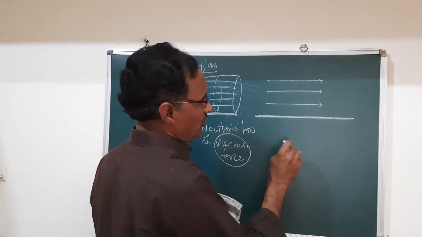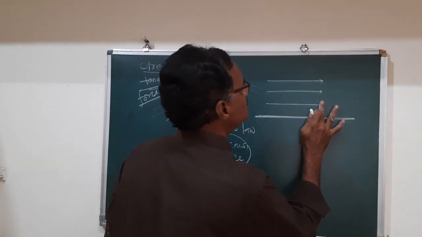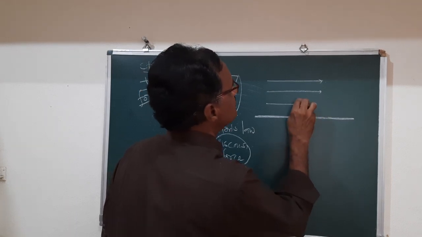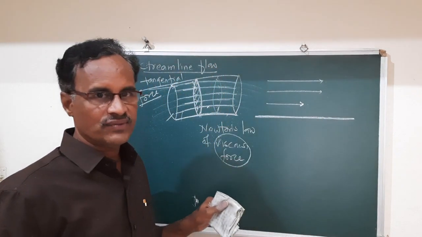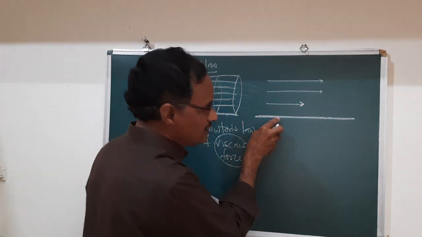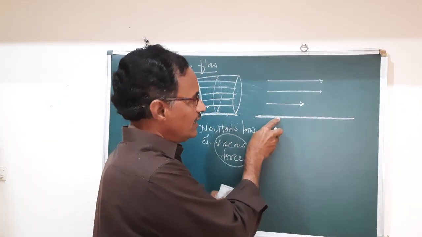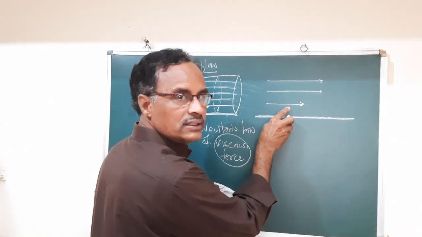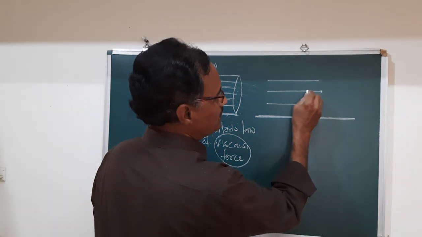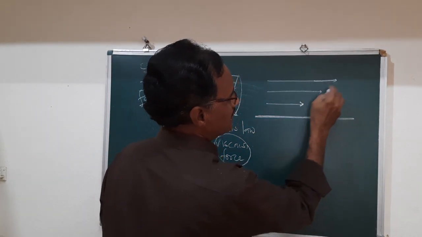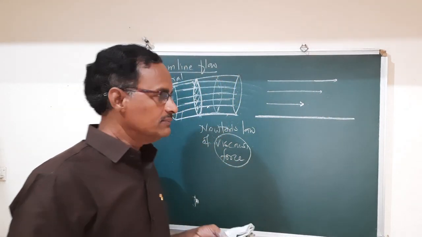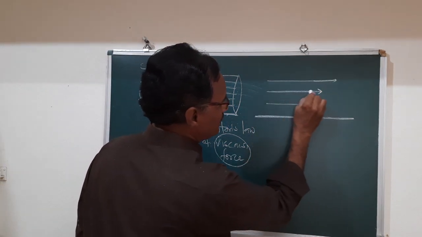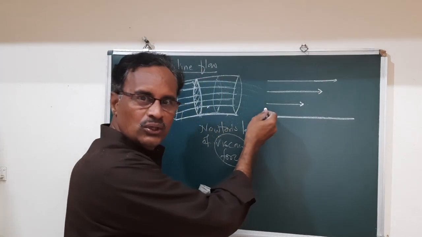If we observe that the velocity of this line which is nearer to this surface is minimized, but it is greater than the velocity of this rest line. Again, the velocity of the upper layer is greater than this lower layer. Again, the velocity of the upper layer of this layer is greater than this layer. It means that the upper layer of this fluid is dragged to the lower layer.